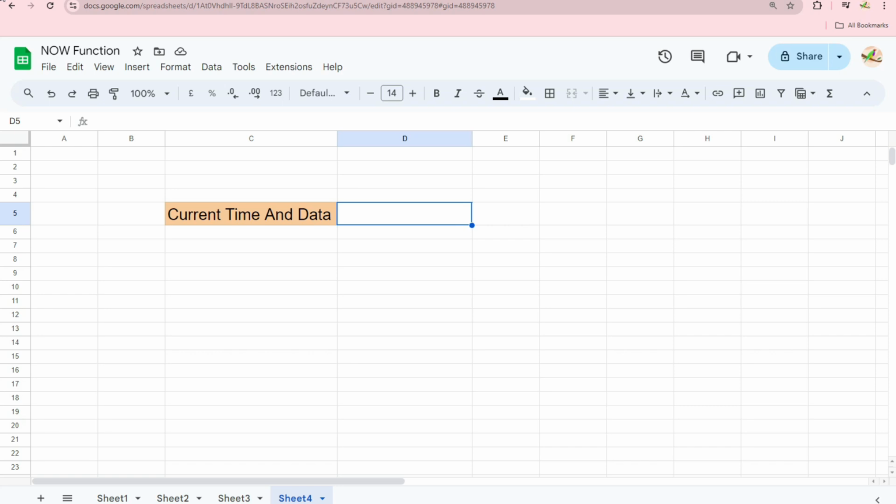In today's video, I will show you how to get the current date and time in Excel or Google Sheets and how you can use this in different applications. For example, if you need the current date and time, you can use the Now function in Google Sheets or